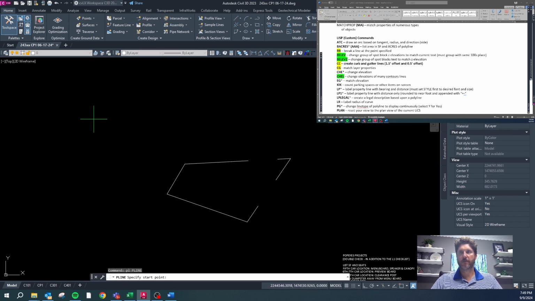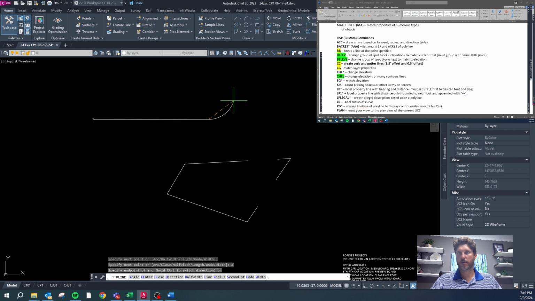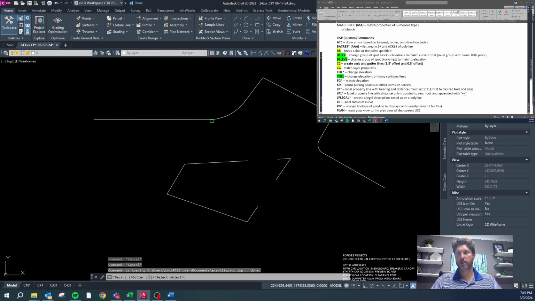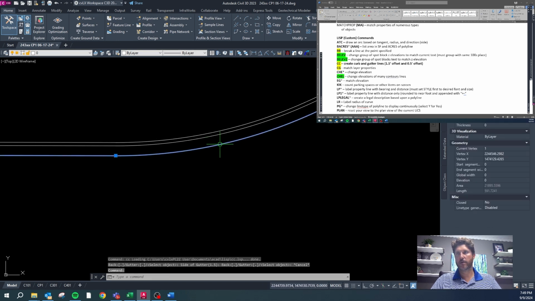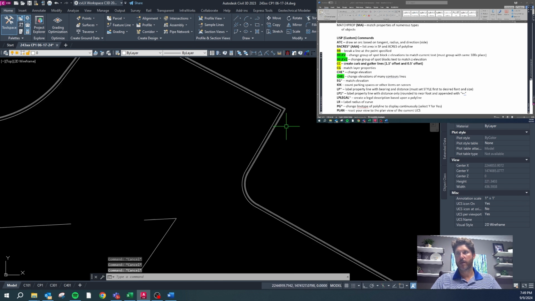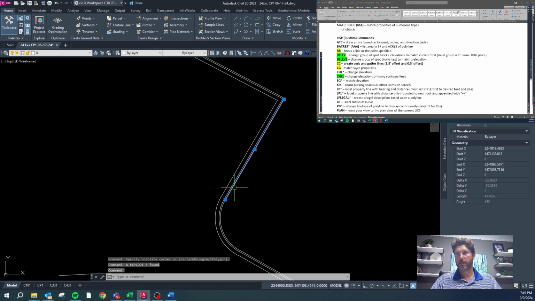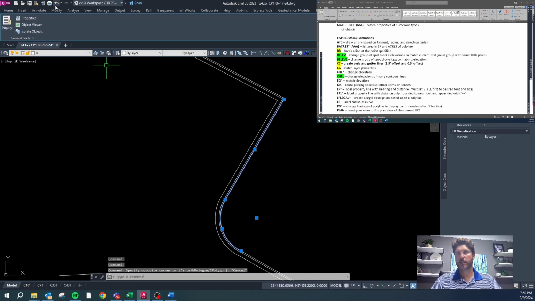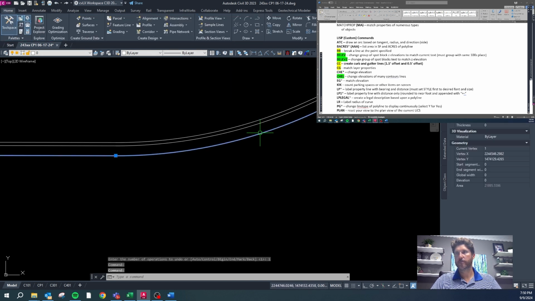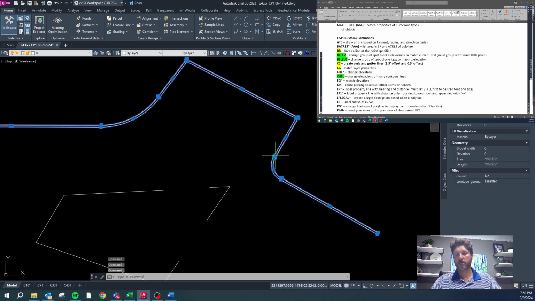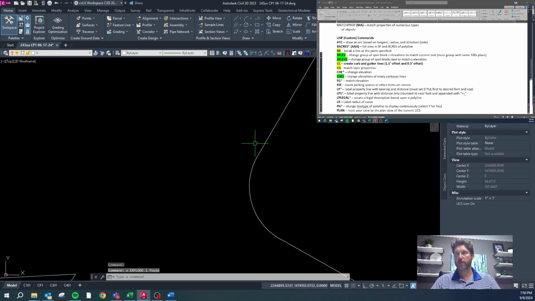Let's say we have a parking lot and curb and gutter on a road, and it does like this, and then maybe has some parking spaces here, and that's our curb line. We can use the CC command to create the gutter line and the back of curb. So if you want to make changes to this, do not explode these, because now you have to pick all of these individually to delete them. What you want to do is just delete the front and the rear one with delete,